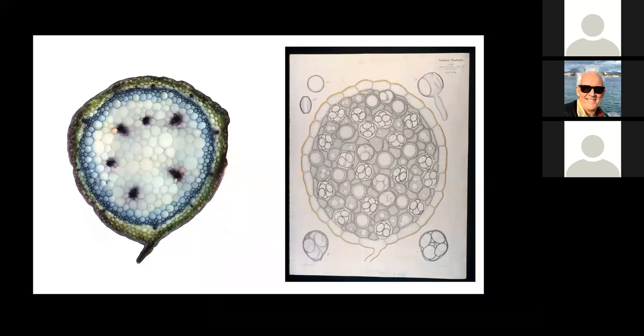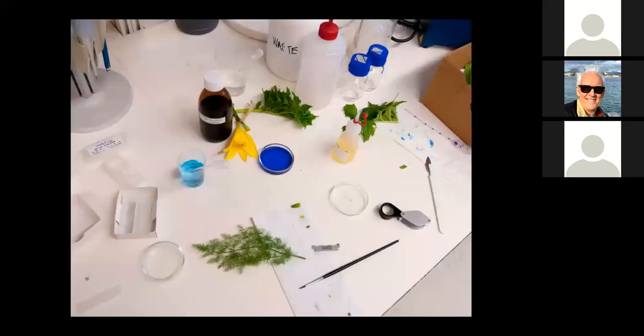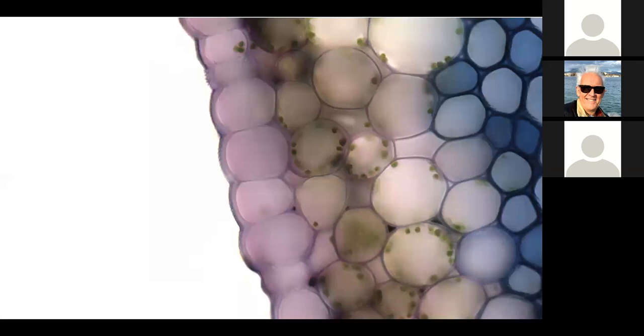And this was done on my fellowship with the Gulbenkian Science Institute just outside of Lisbon, 11 years ago now. And the difference there was that instead of working with SEM, I was going to work with light microscopy. And instead of coloring the images post-production, I was staining the samples with histological stains before the specimen went under the microscope. My favorite was the blue you saw there, toluidine blue O, which gives a spectacular variety of color